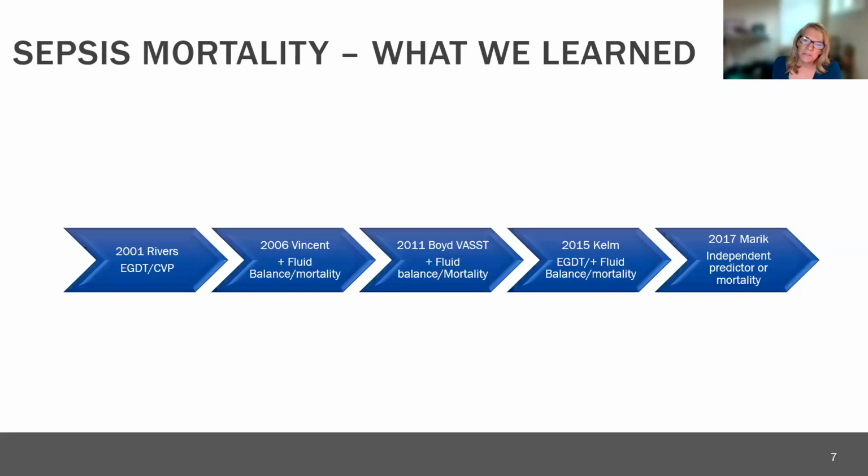When we get to 2015, Kelm looked at early goal-directed therapy as well as the positive fluid balance. And again, all of these indicators started looking at developing increased mortality with those higher fluid volumes. And so one of the things we realize, hindsight is always 20/20, is that we focused so much on CVP and fluid,